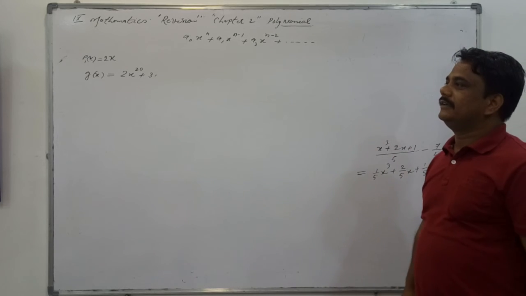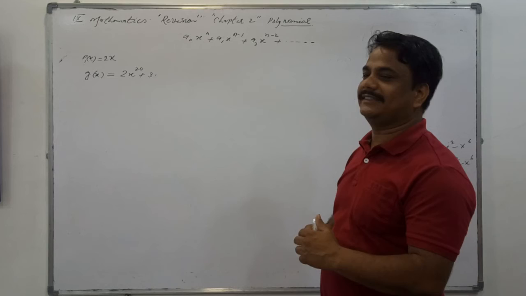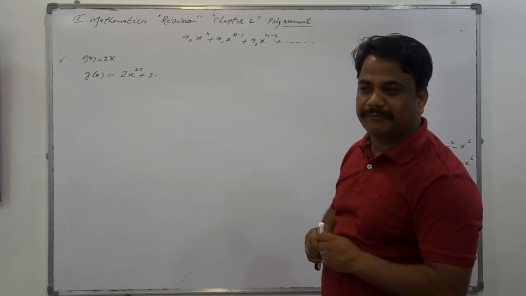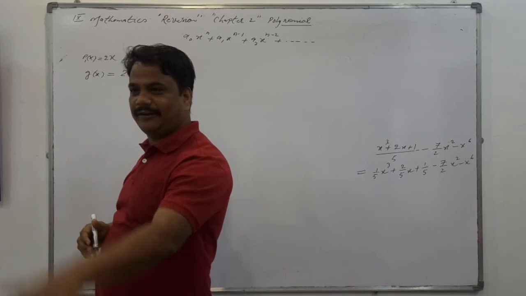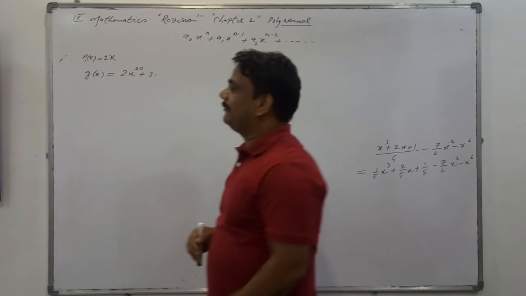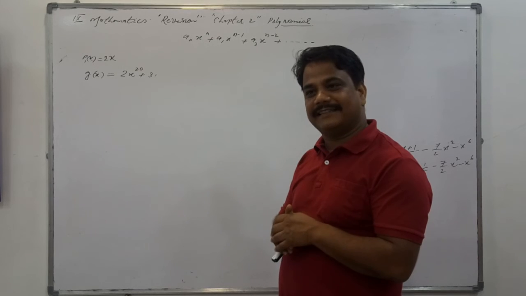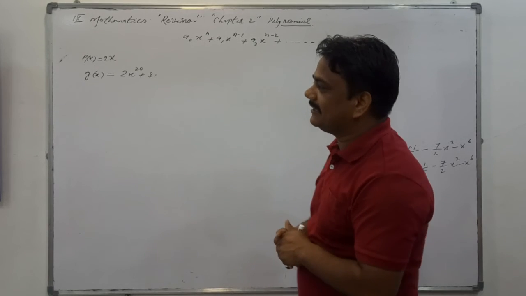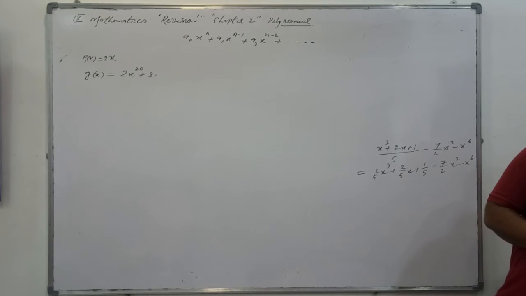Question number 13: find the value of the polynomial when x is equal to 3 and when x is minus 3. You have to find the value of the polynomial. So in place of x, what do you have to put? Plus 3 and minus 3. I hope you can solve. Question number 14 also: evaluate. The same you can do here, and many times we have done this in examinations. Now the next question is the same variety. Well, clear or not? And later there are true and false typical questions here.